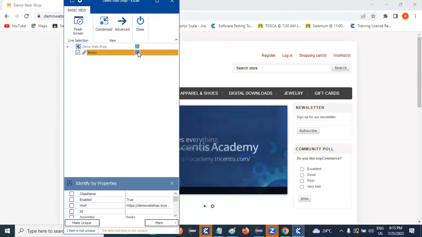Next line. Once we click on the properties, that element related properties should be displayed. Okay. In this basic view,